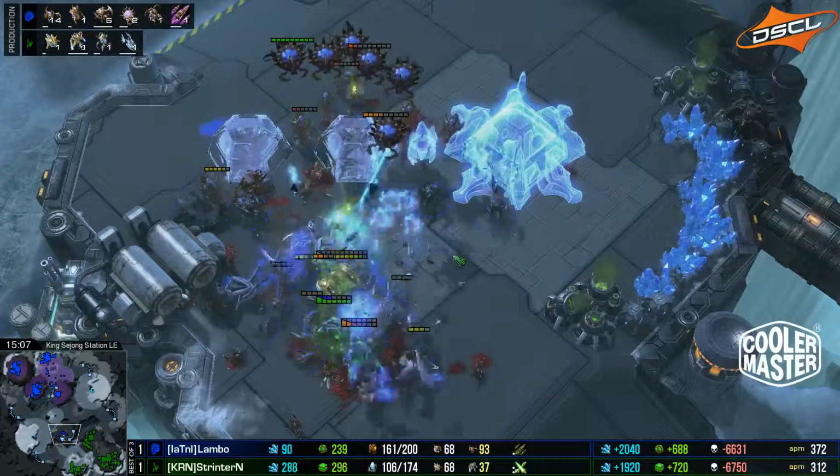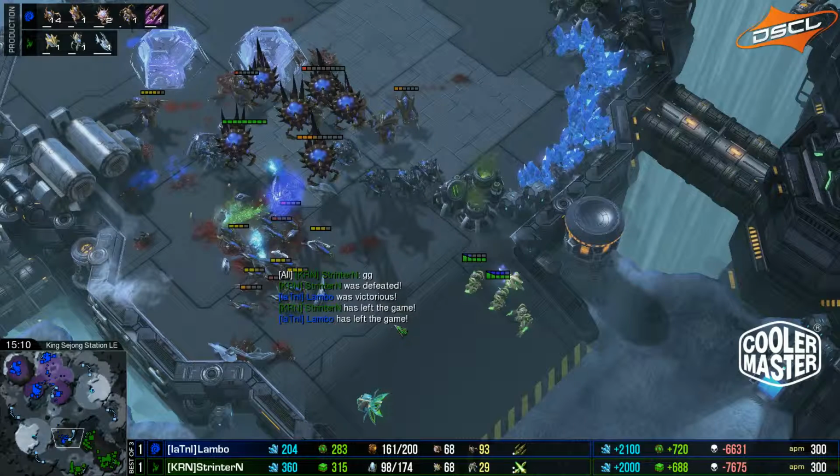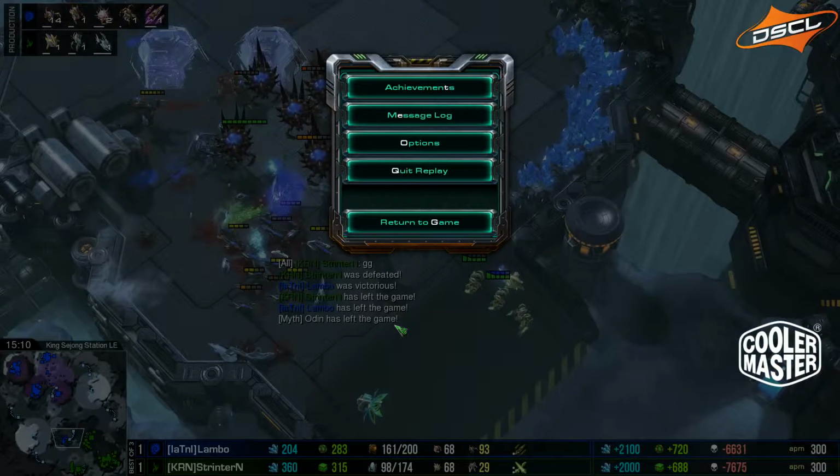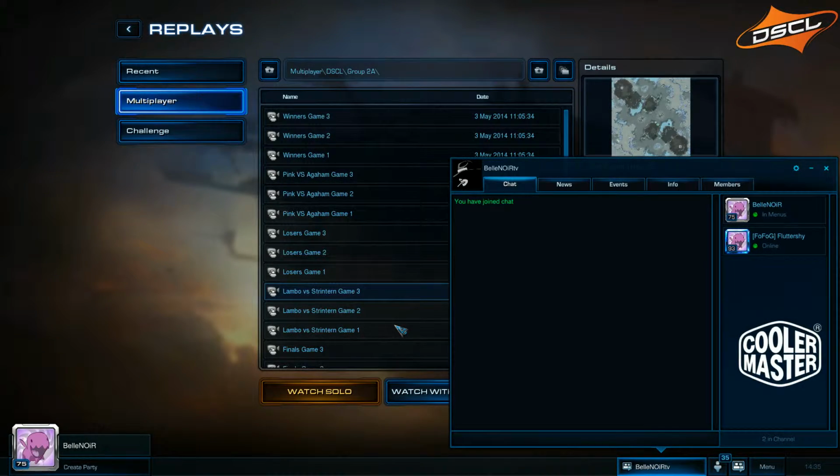The Void Rays are going down, more reinforcements are coming in, the supplies are 160 to 100, and StrinterN GG's. Oh my god, he almost done it. And then such a noobish mistake, I have to say, not watching your army and just losing it for free. That was, I mean,